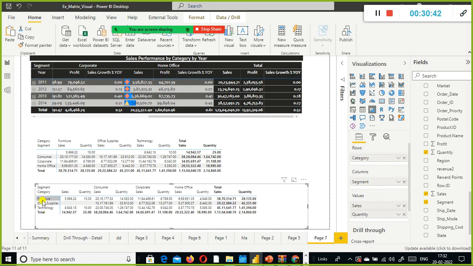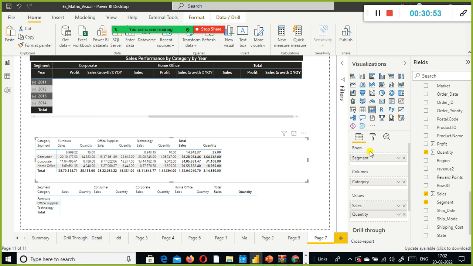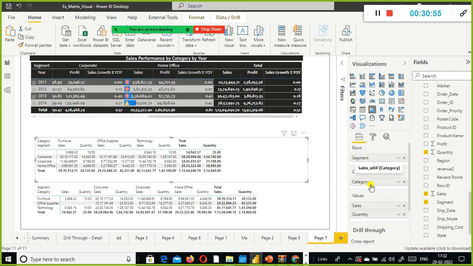Look here. Here the row header and the column header are consumer, corporate, home office. I just moved the segment to the rows and category to the columns. So what happened? The row header became the column header now: furniture, office supplies, technology. And the column header became a row header here.